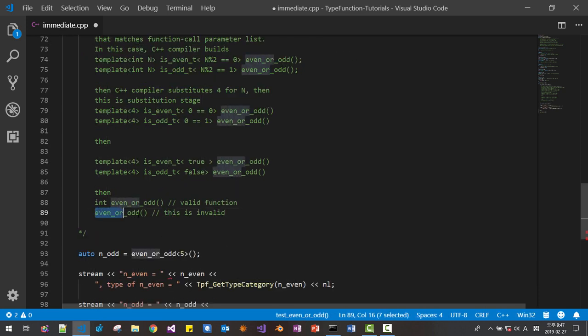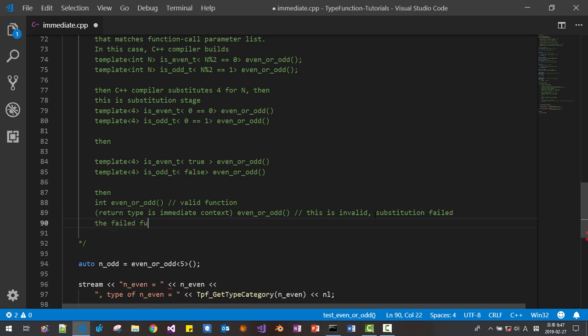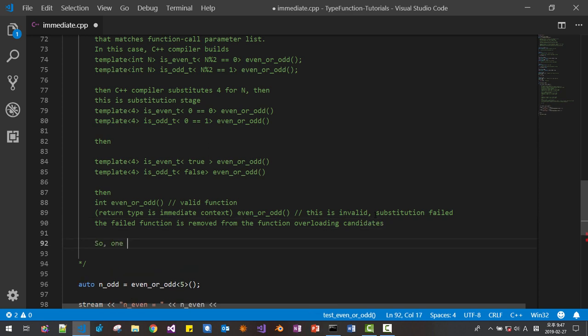So when the function is invalid, the return type here is the immediate context. Okay, so if substitution failed, the failed function is removed from the function overloading candidates. So only this function is left in the function overloading candidates list.